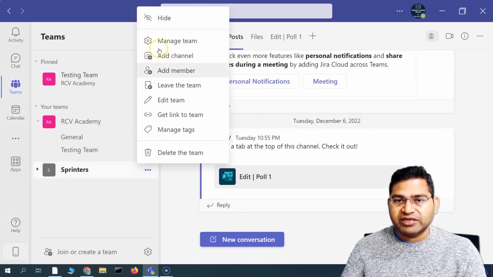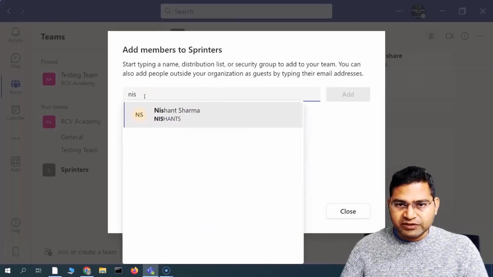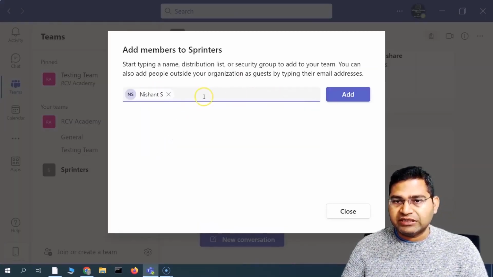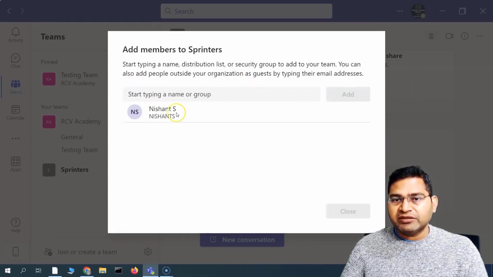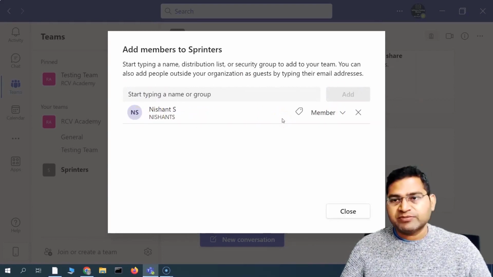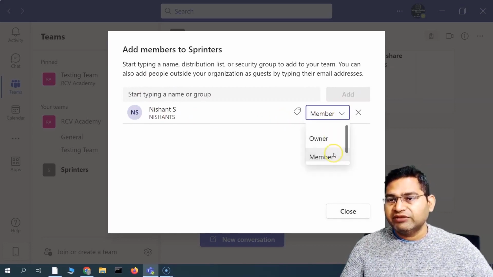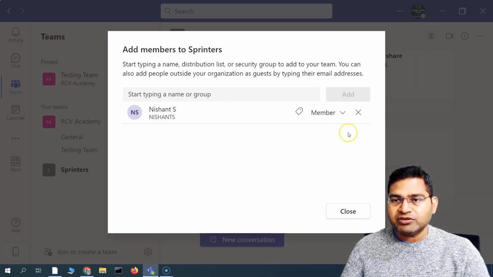So simply click on these 3 ellipses here, click on add member, and then start typing in the member that you want to add. Okay, so I'll simply start typing in the member and then click on add, and now this particular person will be added, right? So you'll see that this particular person has been added, and here from the drop down you will see that you can basically select what sort of role they will be playing in this particular team. So you can either make them owner or the member, right? So now because they are the member, I'll just keep it as member,